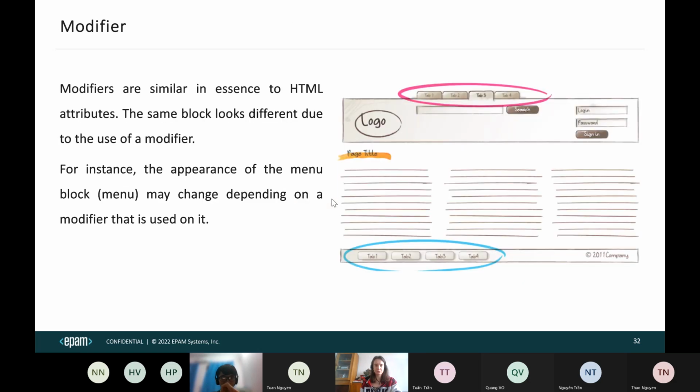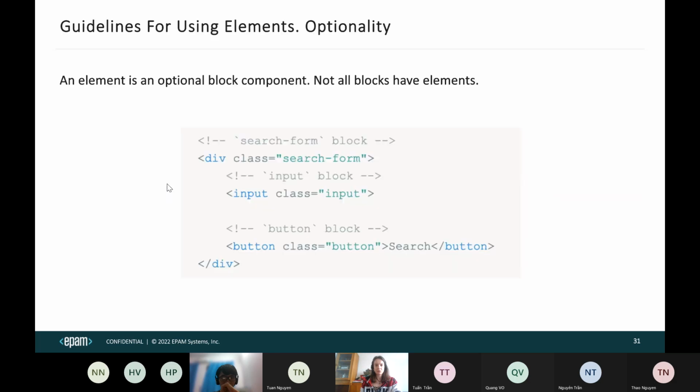Same for input. And also there are some combinations of classes. So for example, this button can have two classes. It can be a separate block, and it can be an element of the search form block. So it will be, for example, button and search form double underscore button. And you can write different